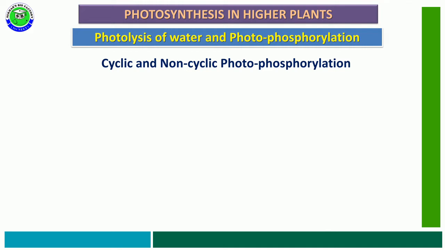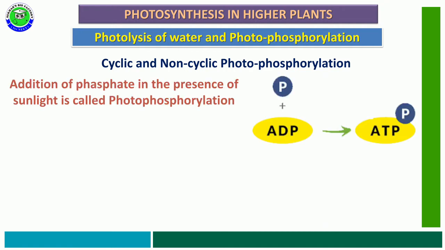During this electron transport, the phosphorylation process takes place, and due to movement of electrons in between PS1 and PS2, there are two types of photophosphorylation. They are called cyclic and non-cyclic photophosphorylation. Phosphorylation represents the addition of phosphate. If inorganic phosphate is added to ADP, then it becomes ATP, and this phosphorylation process occurs in the presence of sunlight and it is named as